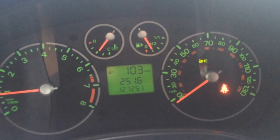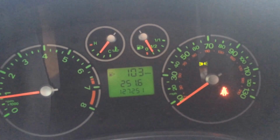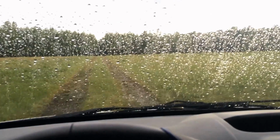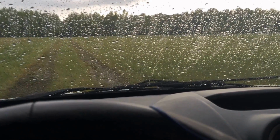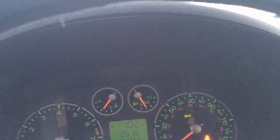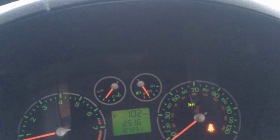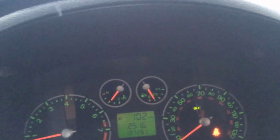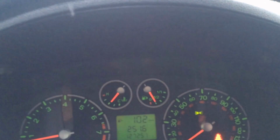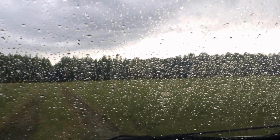The wheels are quite small. I'm sure they'd blow up or something if you're going 100 miles an hour. It does get quite noisy in the cab, which is a bit of an annoyance, to be honest. It is quite noisy when you're going 70 miles an hour on the highway. Around 50, 55, it's not so bad, but once you get into the 70 mile an hour point, it is very loud in the cabin. That's why I have these Beats up here. They're noise canceling. I know it's not good to listen to your headphones while you're driving, but it's what I